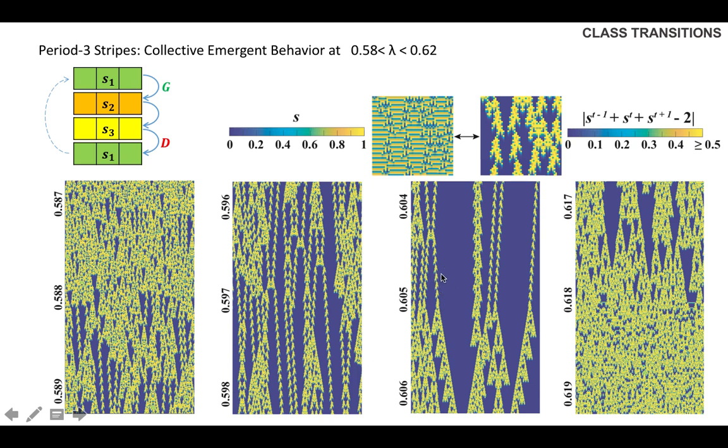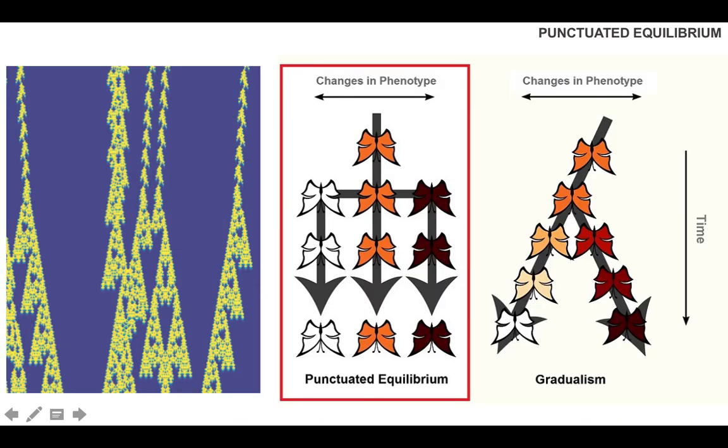This propagator, which I believe is a period 18 propagator, turns into a period 48 propagator, because the autocatalytic interaction set of this one is no longer supported, while this one now becomes supported. So we basically feel like this is very similar to punctuated equilibrium, whereby organisms suddenly change their phenotype according to the outer world.